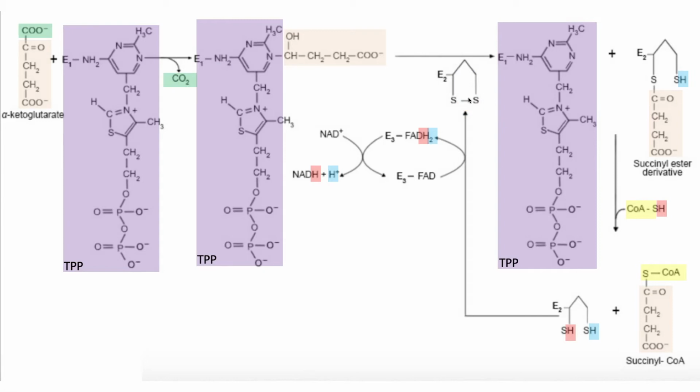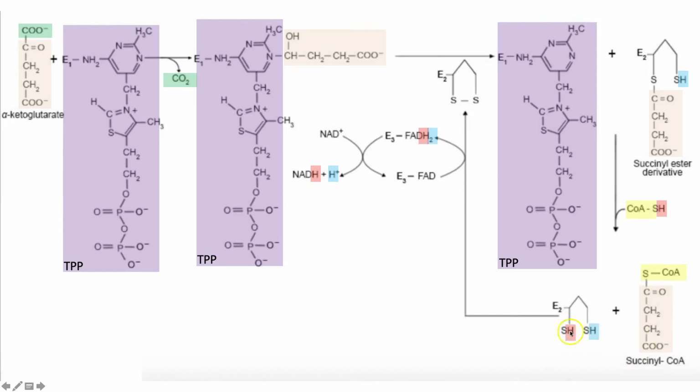So we've lost our carbon dioxide from our alpha-ketoglutarate, and we're going to make our succinyl, which we're now going to call Succinyl-CoA, because we're going to attach it to a coenzyme A, and that's what happens in the E2 complex. So we can see over here, we take our succinyl group and attach it to one of the sulfurs in the E2 complex, which then we kind of swap for the sulfur in the coenzyme A. Basically, what we're left with is Succinyl-CoA, so this bottom right corner guy, and then we're left with 2